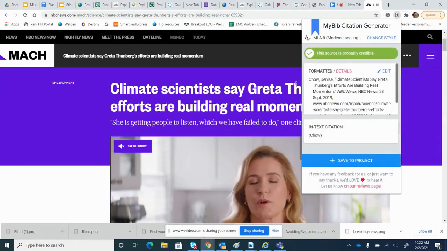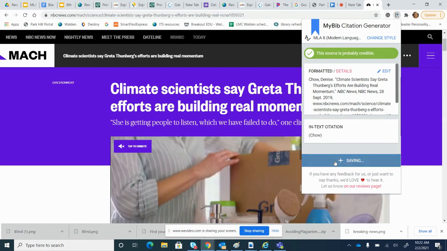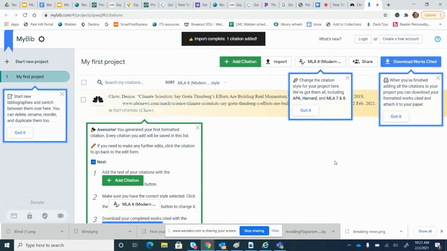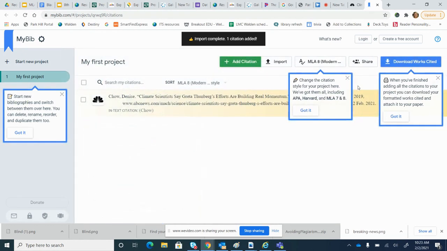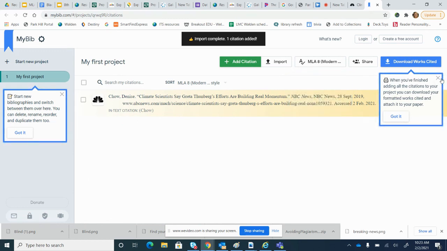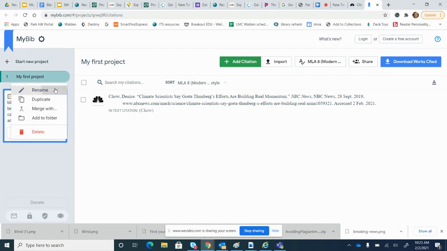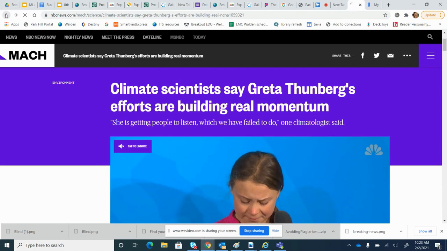Okay, so if I'm going to use this as a resource, so I'm getting information from it, I'm going to go ahead and click Save to Project. You can click all of your citations here, and it'll save them for you. And then once you're done with all of your website citations, you can copy and paste this into a note-taking page or a Word document. Then you can also add in your database links. Okay, you can name this if you want. Like if I wanted to name this, you know, making a difference project or whatever the name of your project is. And then when I continue to add more citations to it,